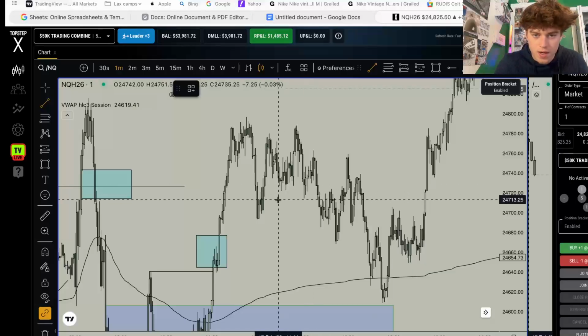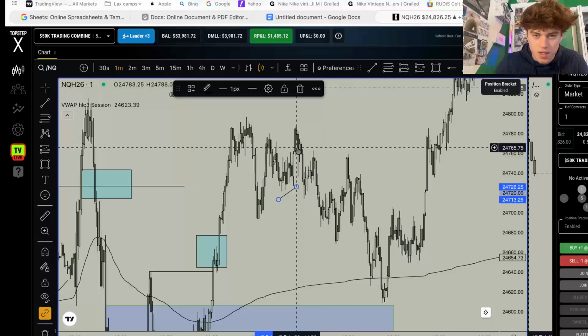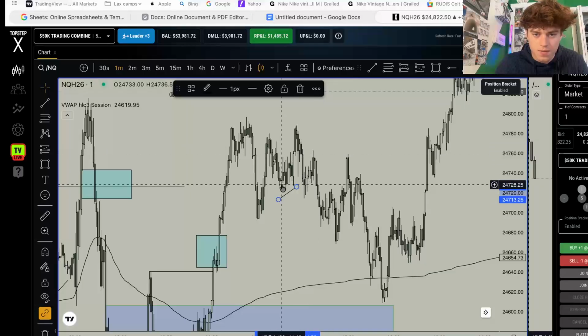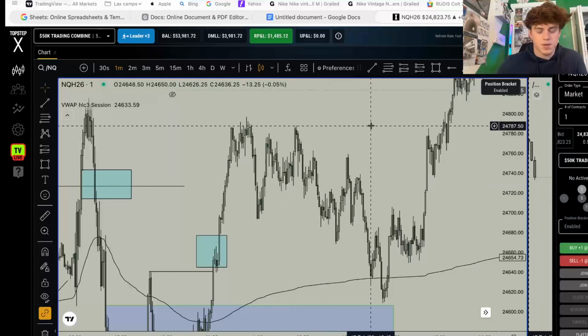But at 12, we have LRL right here. These are lows that are obviously going to get taken out. And we inverse this candle, and the 12 o'clock candle opens up and flushes down and takes us out. So you would just market order in, set an easy TP right there with like 2 minis. That's going to make you like $300, $400. If I measured it, I'd be able to give you a better example.